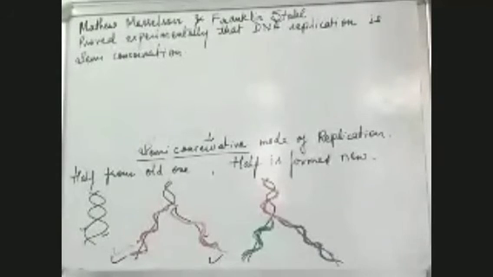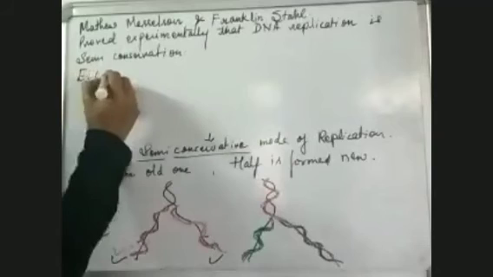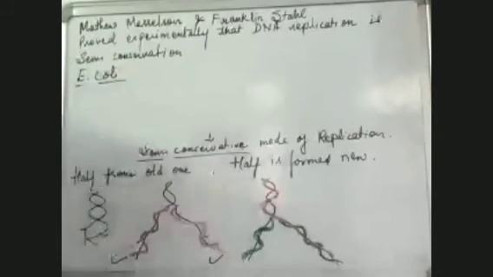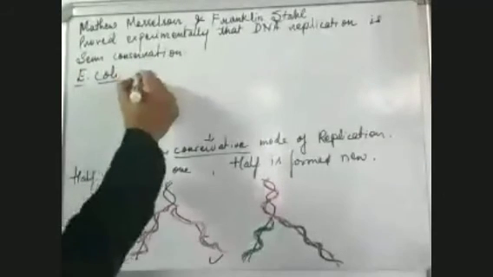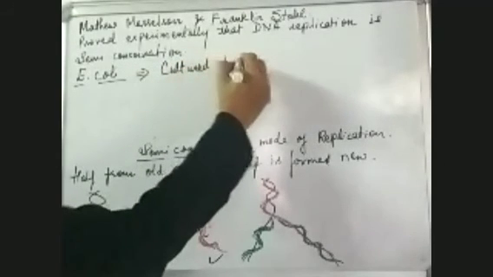Now for that, what did they do? They took the bacteria E. coli and grew it in a medium of NH4Cl, where the heavy isotope of nitrogen, N15, was taken. E. coli is Escherichia coli, which is many a times used in biotechnological experiments and also in genetics experiments. So they took E. coli and cultured it in a medium